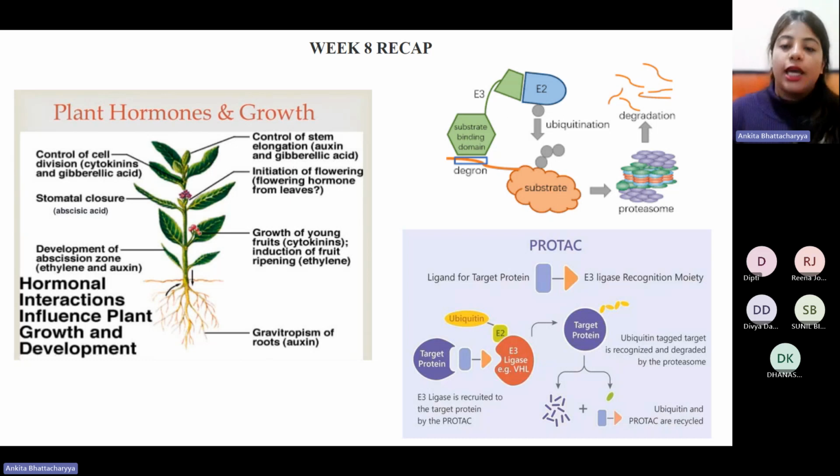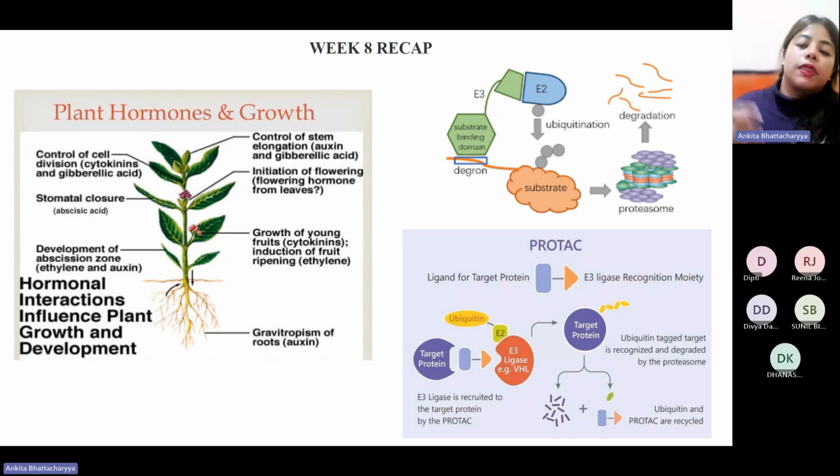Now for degradation of protein X, I want to generate a PROTAC. This PROTAC will have one region that is able to bind to protein X, has a linker region, and has another region which is able to bring the degradation machinery or the ubiquitination machinery for the degradation to be carried out. So it is a small peptide. Basically, it's a small protein that you see which independently folds into these two domains, and it is linked to a linker region. So what this effectively is doing is that if you look at the schematic again, you are seeing that there is your target protein to which this particular ligand is binding, and it is also bringing the E3 ubiquitin ligase, for example, VHL, very close to that.